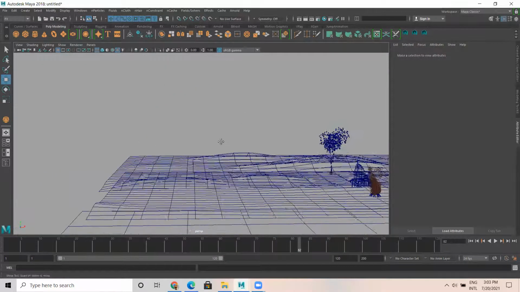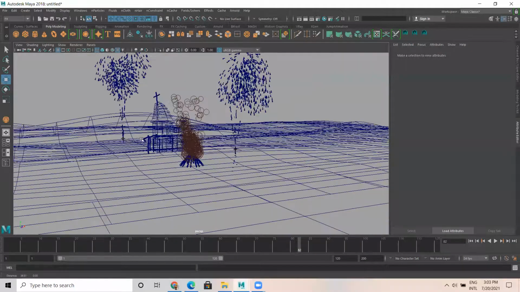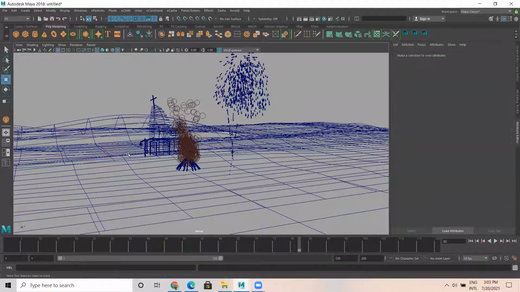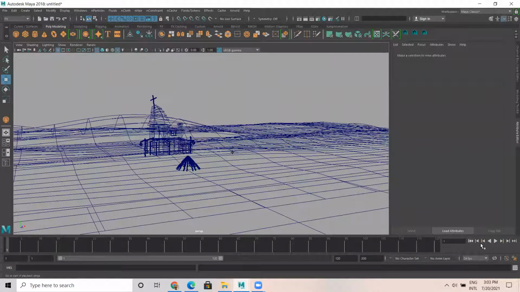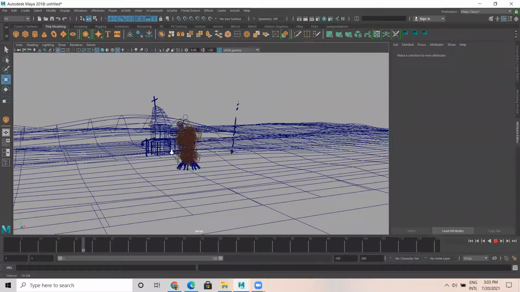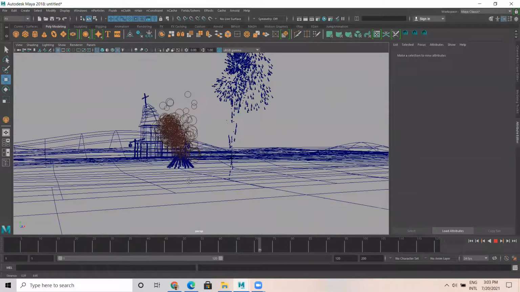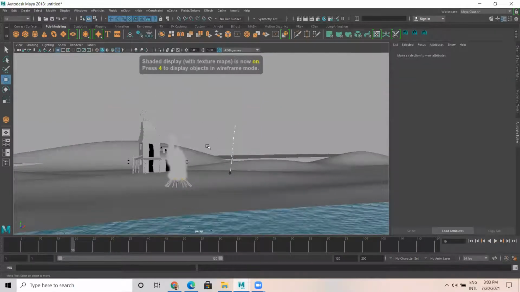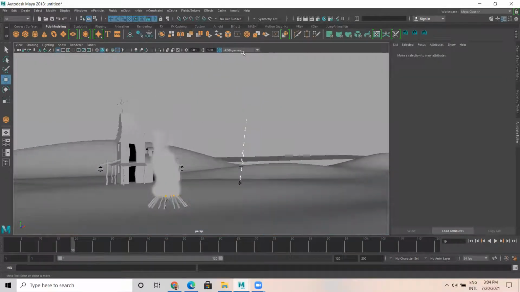I think in this file there are so many effects. Okay, so any doubts regarding this fire and this fireworks both? No doubts, no? It is simple. No doubt, sir.